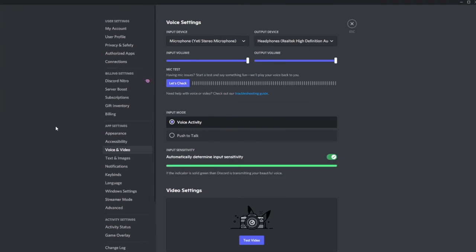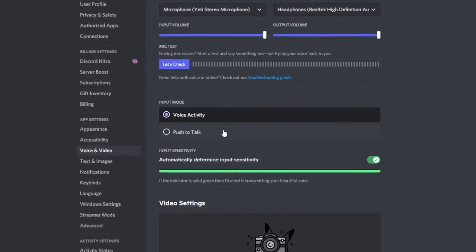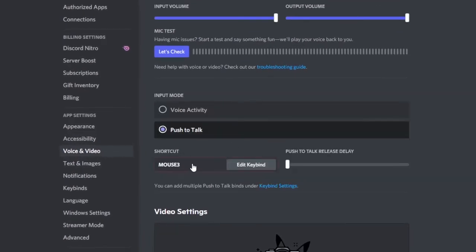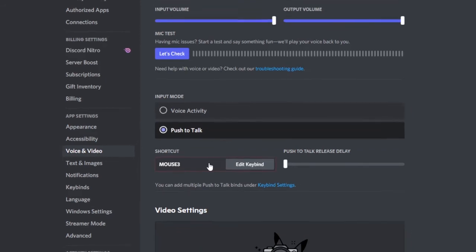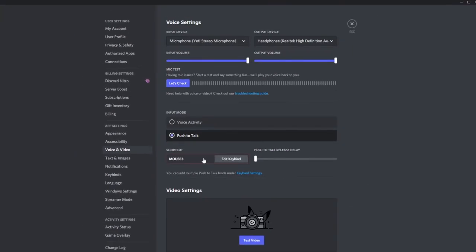If you'd prefer to not have your microphone be hot every time you're in a channel, you can set your input mode to push to talk and then select a shortcut so that your voice will only be carried into the voice channel when you're holding that button. If you have an oversensitive microphone or a lot of background noise, this may be a good setting to try out, because if you're accidentally taking over a whole channel, I might just have to come in and hard mute you, and we'd rather keep you engaged and chatting with the other participants.